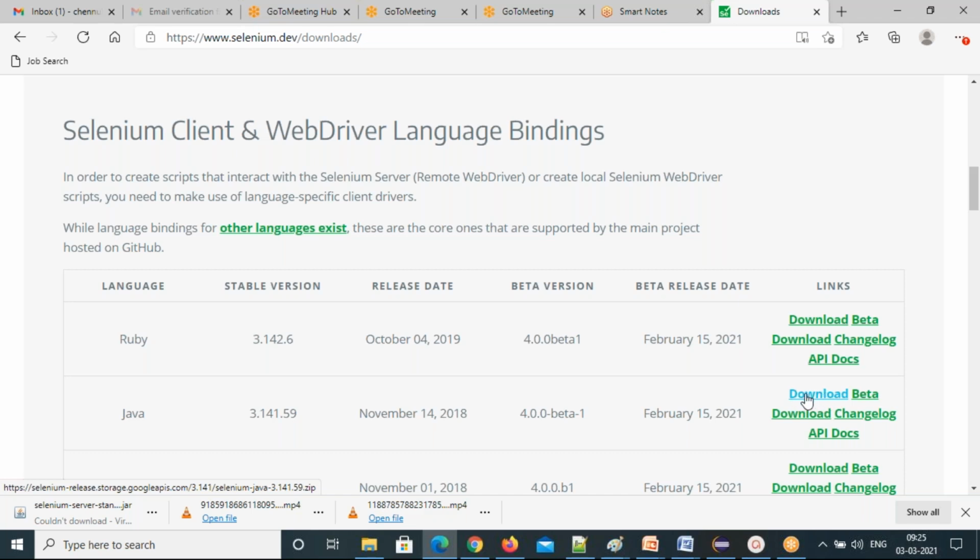Okay, so just click on download. You do it parallelly, that's important. You go to that website first. Any browser you open, go to this website first.